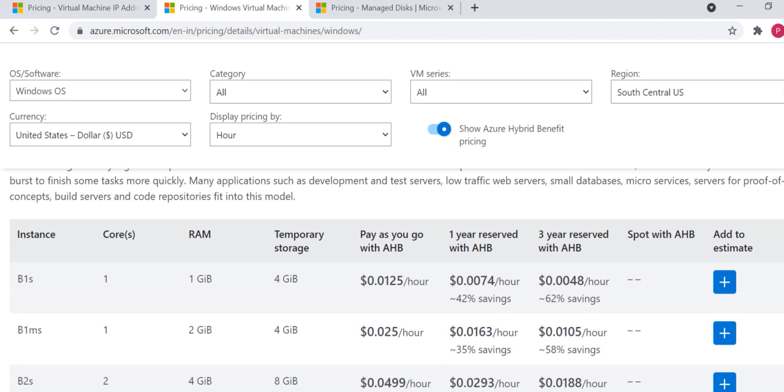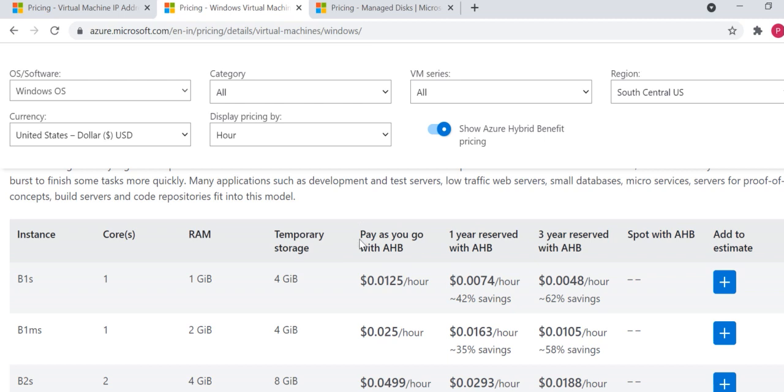Today we are going to talk about costing of virtual machines. So we have a number of resources in Azure, which we can see in the All Resources tab in the Azure portal. So let's take an example. If we want to check pricing for virtual machine resources, then how will we check it? So for that, we'll go to this portal, this page where we are getting the pricing details of virtual machines.